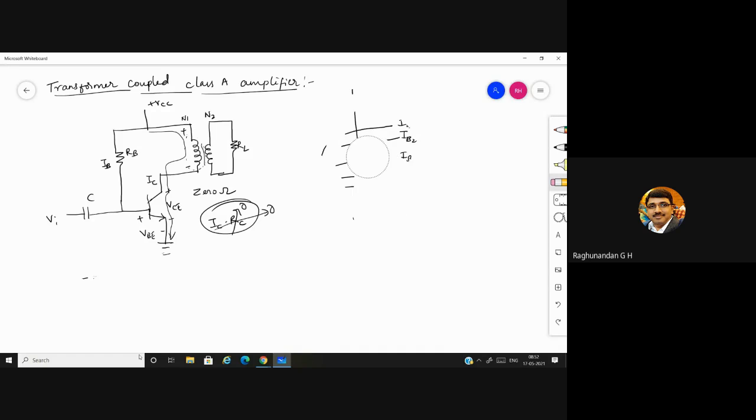So finally, whatever the power amplifier we are going to discuss, we are supposed to find the efficiency. So in the exam, the common question that will be asked is: explain the operation of the amplifier and derive the expression. So coming to AC analysis.